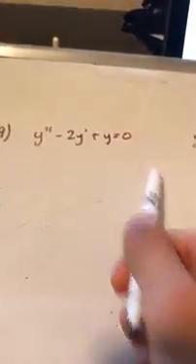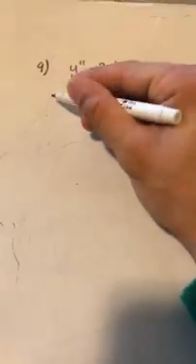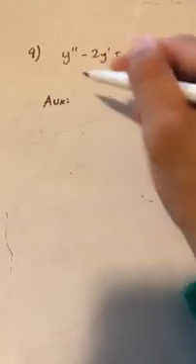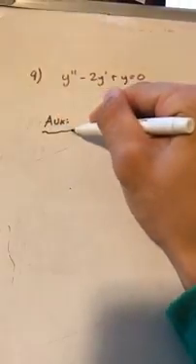We have another second order differential equation here. It's homogeneous since it's equal to 0 and nothing else. We have two initial conditions, so we have another initial value problem. So to solve this, the first thing we're going to have to do is set up the auxiliary equation, which